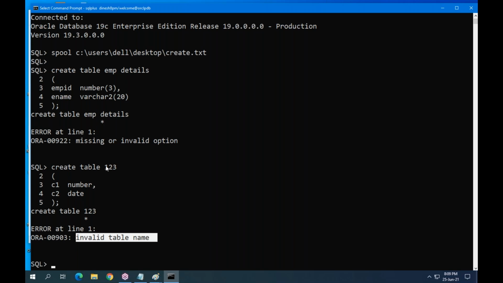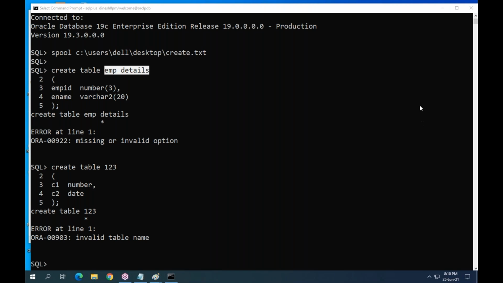So before writing a table name or column name, we have to follow some rules. The table name should not contain any spaces. Don't use spaces in the table name. And table name or column name should begin with an alphabet.